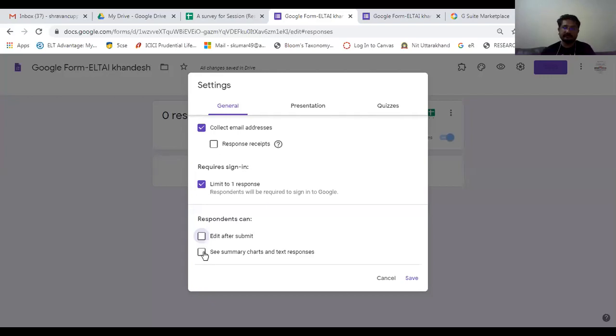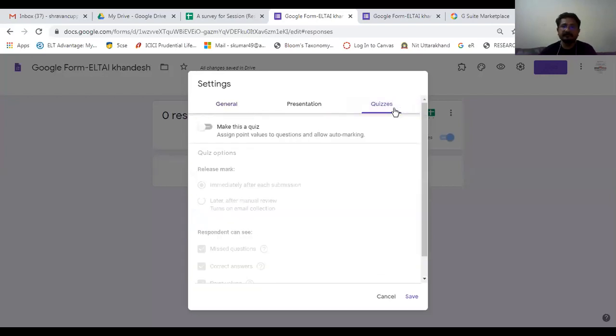Clear? This is in the general part for Google Form as well as Google Quiz. Now, to convert your Google Form into a quiz, click here and you can see the option, make this a quiz. Once you are making it a quiz, you need to give the correct options. I'll let you know how you can give the correct options.